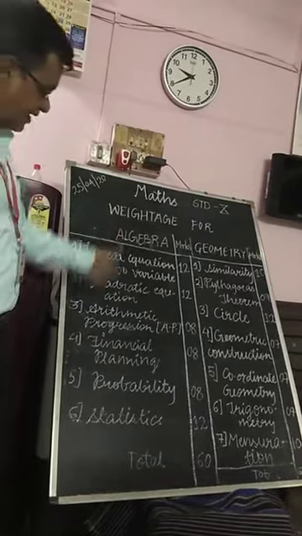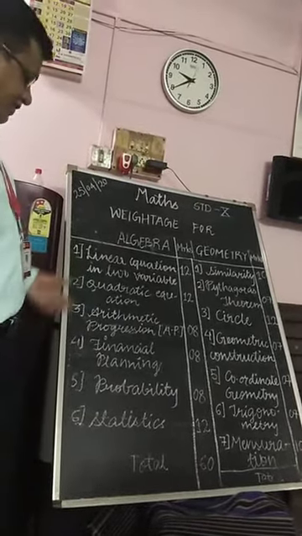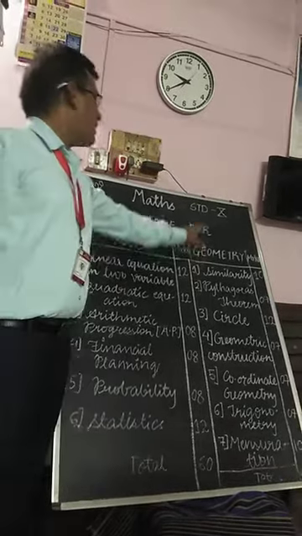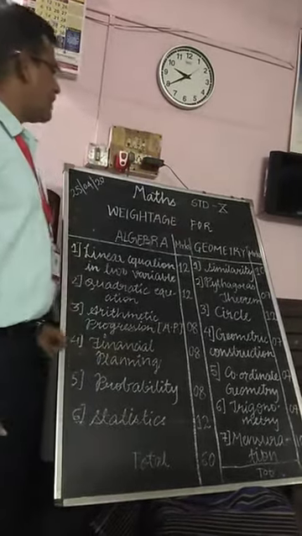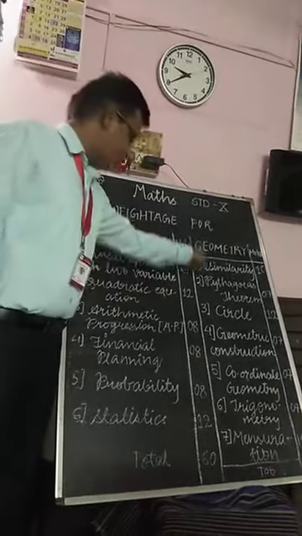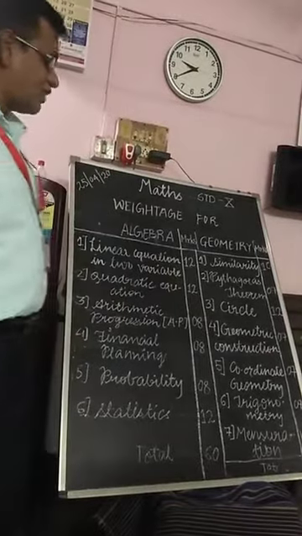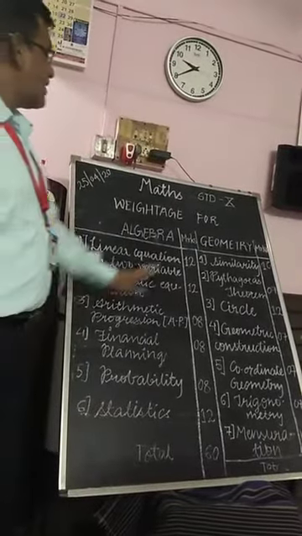In this way we have to cover maths 1, and then we come to the second part, that is maths 2. Maths 2 is geometry, and it has a total of 7 chapters. You have to learn 7 chapters to get the 40 marks. So in the first